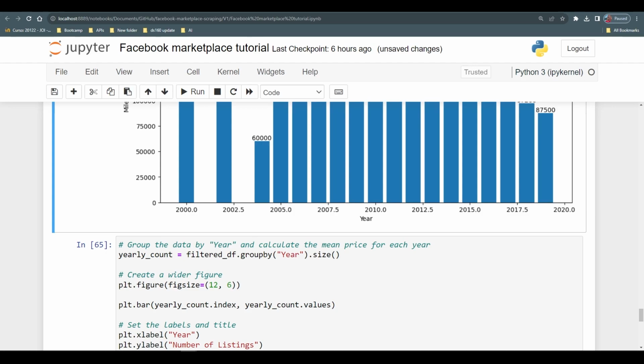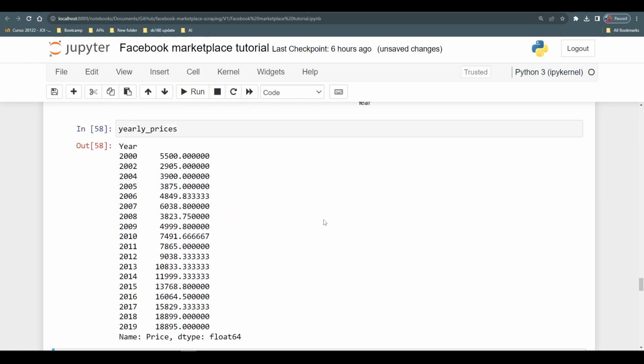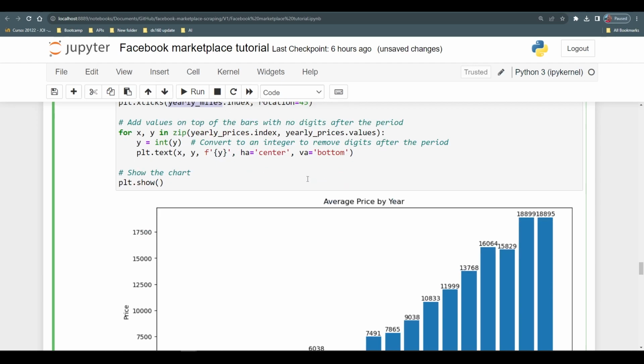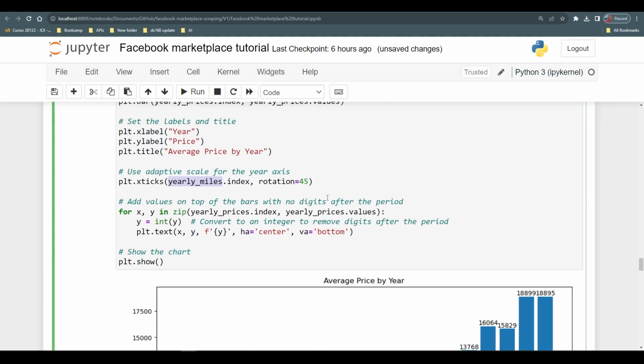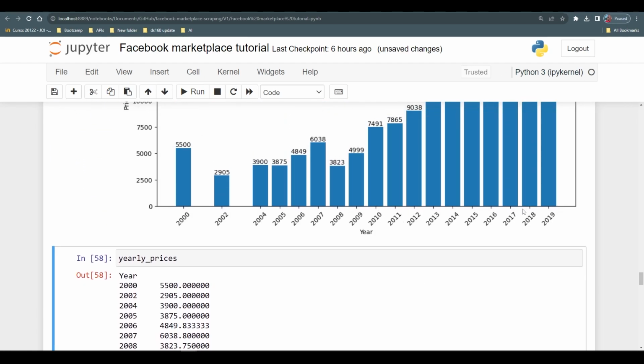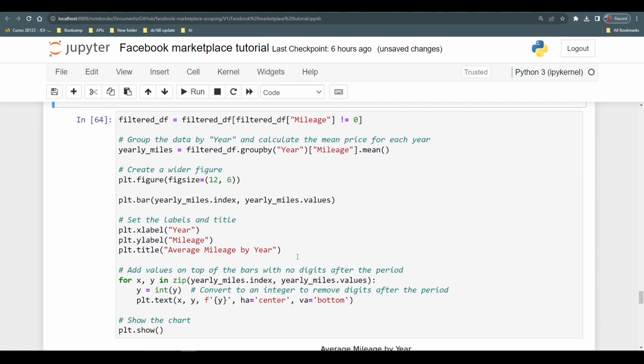I'm just gonna do an adaptive scale for the year axis, and we're gonna add it to all of the charts. So pretty much what this is doing is it's changing the x-axis, so the x ticks, to use the index from the yearly miles in this case, from the actual years that are contained within the data frame. There you go. Now you can see we don't have the 0.5s anymore,